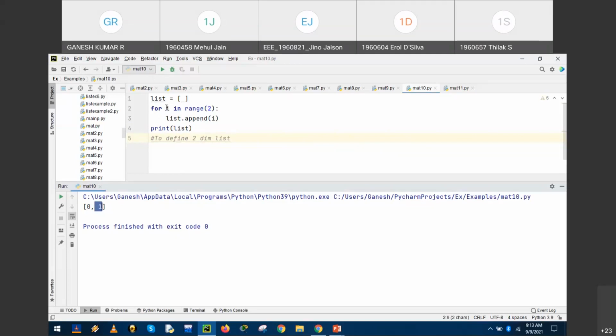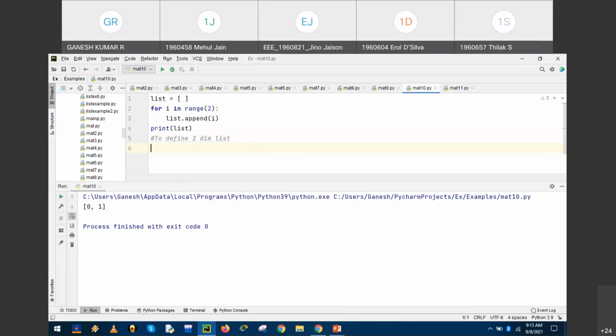So we have for i in range of 5 to represent the row. Row is represented here. Now we have to update the statement to define the one-dimensional list and the two-dimensional list. It is simple, the same way we can have it.